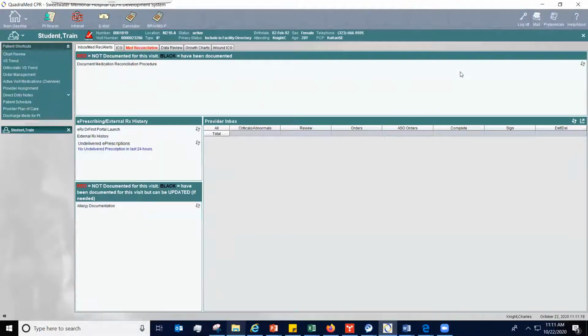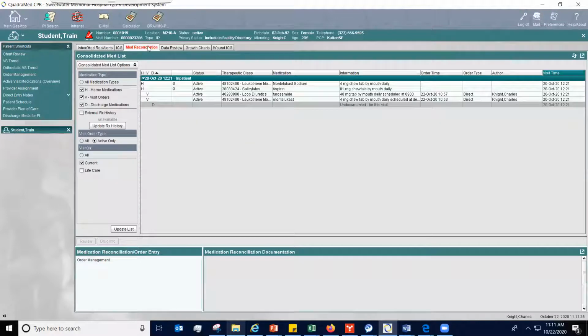Going back into student train, now we want to do a transfer. The reason we're going to do a transfer is because the patient is going to need an increased or decreased level of care. So in order to do a transfer, again, let's go to our medication reconciliation tab so we can see what those orders are, these medications, and decide if we want to move these medications before we do a transfer. So let's say that we do want the patient to stop taking that furosemide before we transfer that